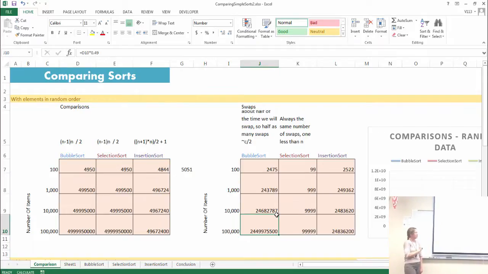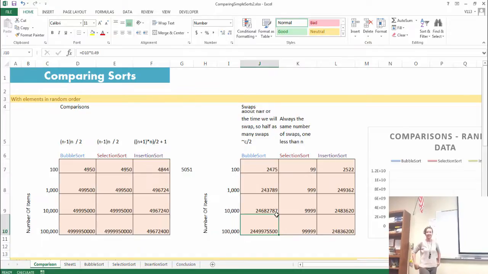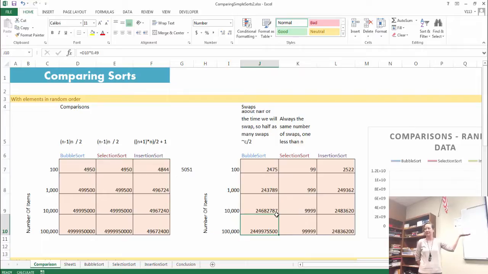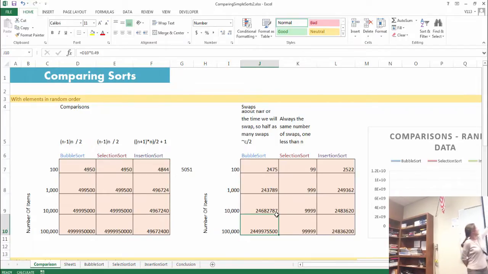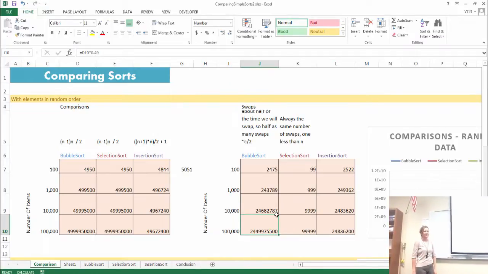Because if you look at interview questions online, if you ever do go to a programming interview, they might expect you to know these things and be able to write them out, okay? Or at least write out the algorithm. So the simple sorts are something that you should know. And if you look at the code, it makes sense why these numbers are the way that they are. And your textbook goes into why these numbers are this way, too. So remember to look at your textbook, too.